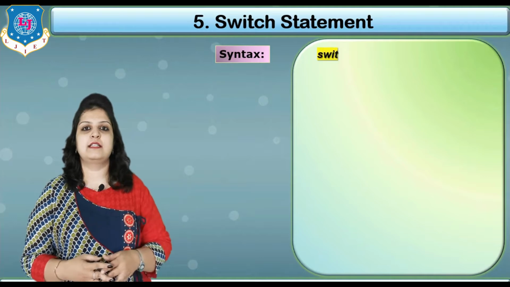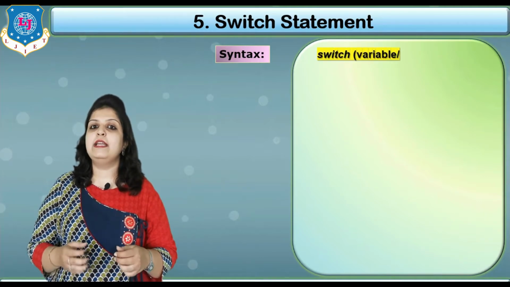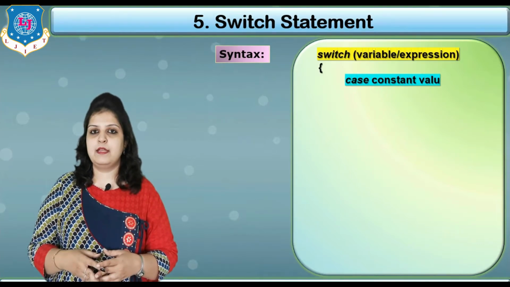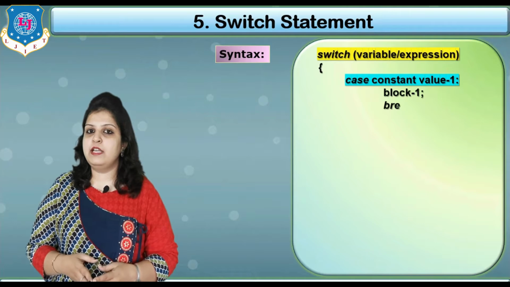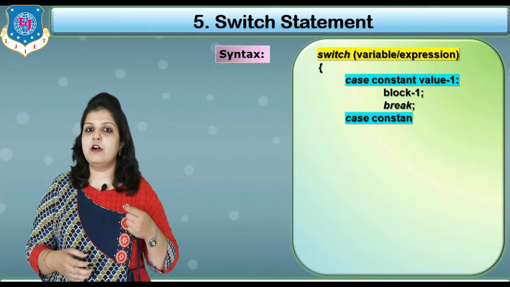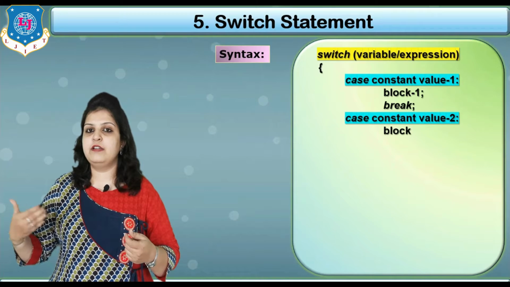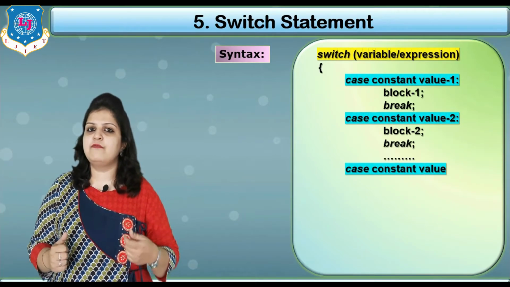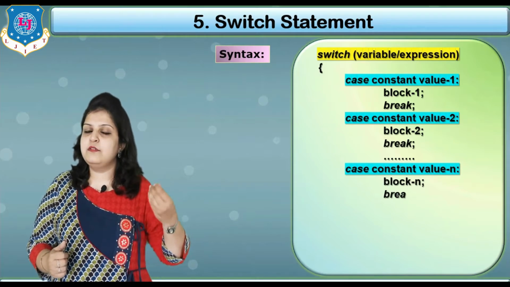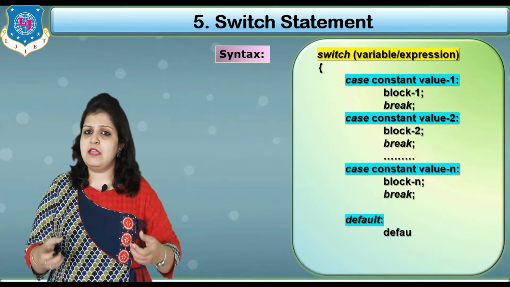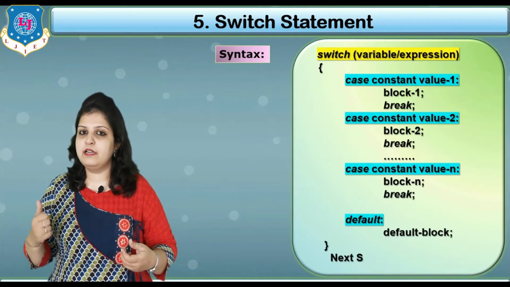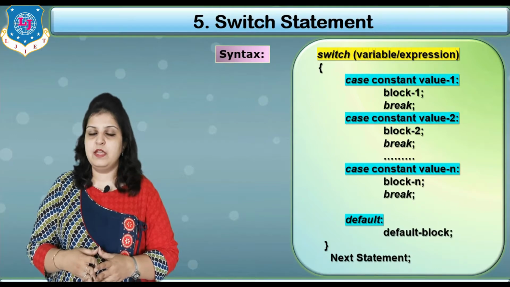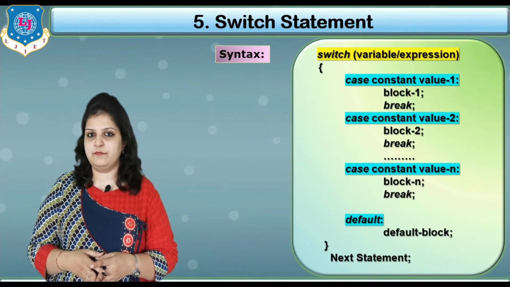To see the syntax, first we have to write switch, and in brackets we write our variable or expression. Which variable can we write here? The variable which we want to check for different values. In the previous else if ladder, suppose we checked our variable a, whether it is positive, negative or 0. The same variable which we want to check for multiple conditions, that variable we have to write in the switch brackets. Or we can also write an expression.